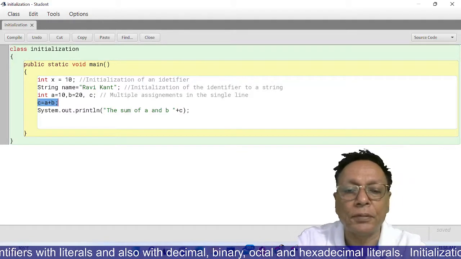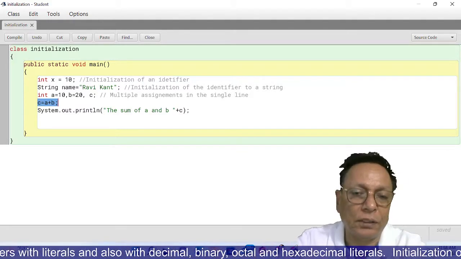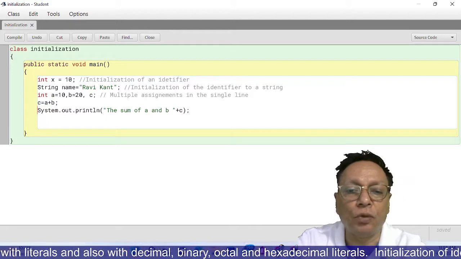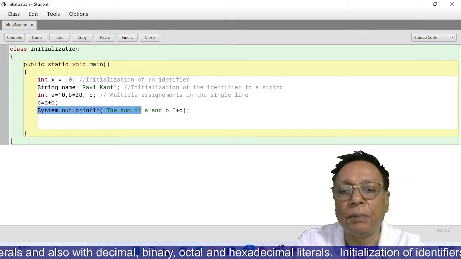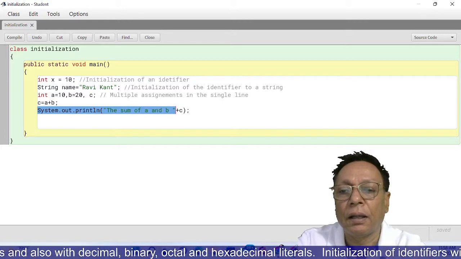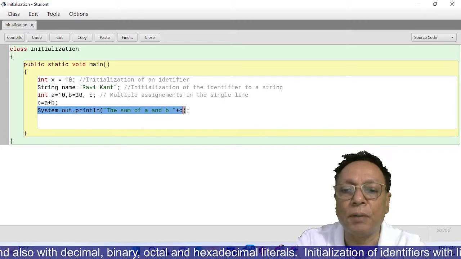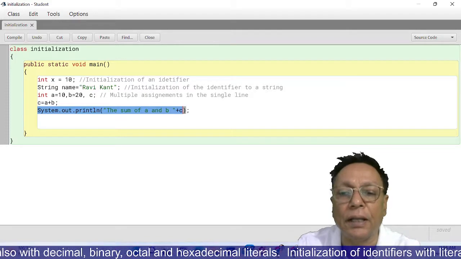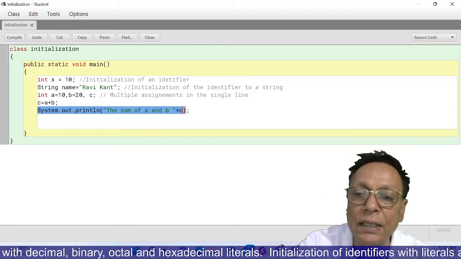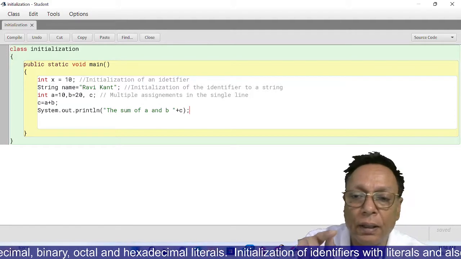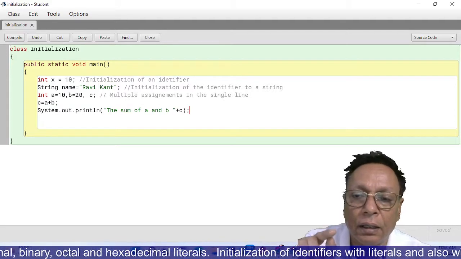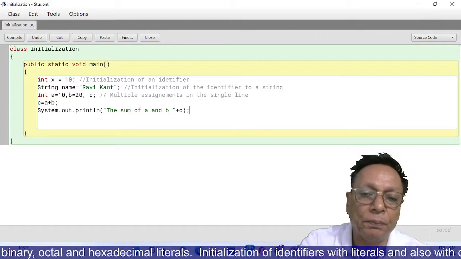Then after processing, you will have to give the output. So this is the output part: System.out.println the sum of A and B plus C. So this part is the string. The sum of A and B is the complete string, and C is the identifier, and C will be replaced by the sum